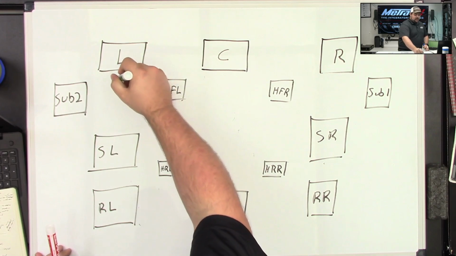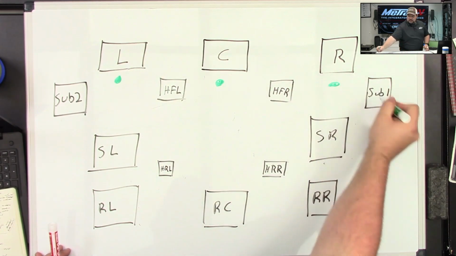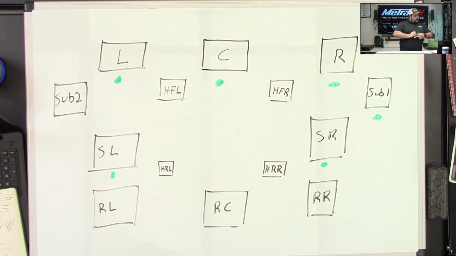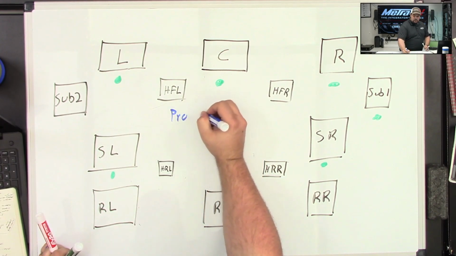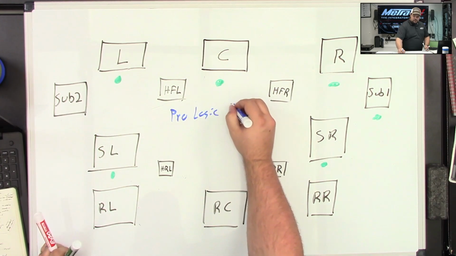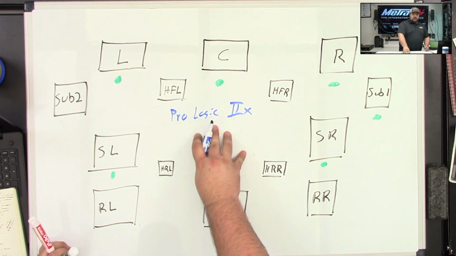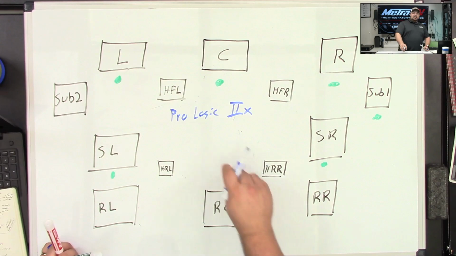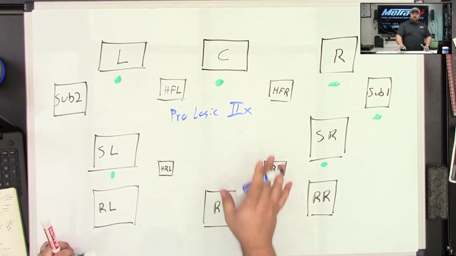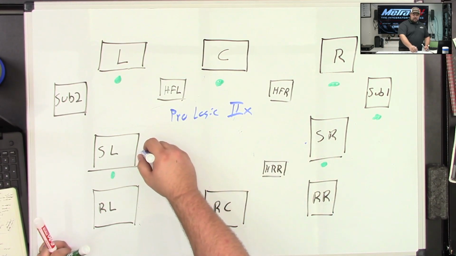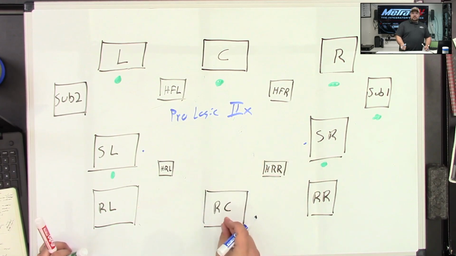So you're being given 5.1. So we've got this, this, this, this, this, and this. So that's what we're being given. Well, if you use Dolby's Pro Logic 2X, so Pro Logic II, Roman numerals, X, what that's going to do is take the signal that's being sent out through all of this, and convert it to whatever you have. So say, for instance, you have a 6.1 system, you've got this rear channel. Well, it's going to take this left and right surround, sum it together, and give you your rear center.